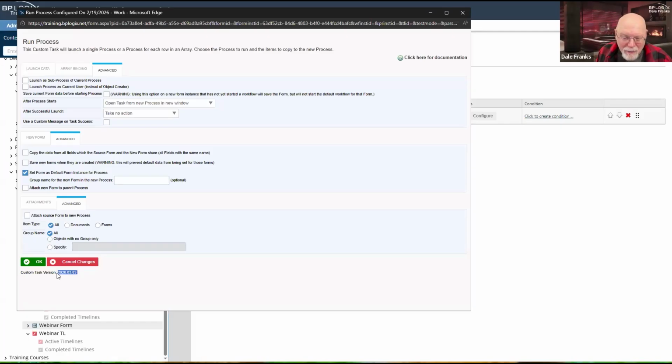So it's been this way for 6 years. So I'm just an idiot. Clearly, I did not remember what buttons went where. So those are the buttons that go where. This is the button you check to ensure that your source form doesn't get attached to the child process. I can't tell you how gratified I am that I remembered how to do that.